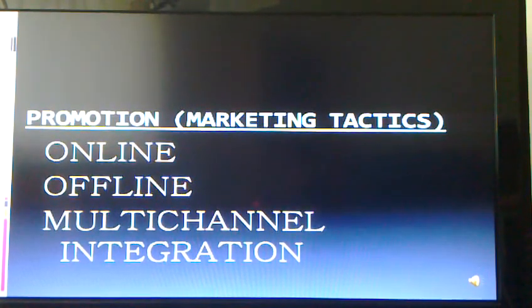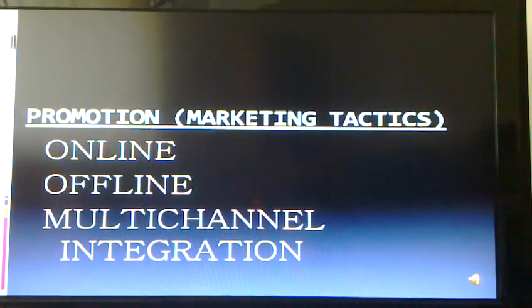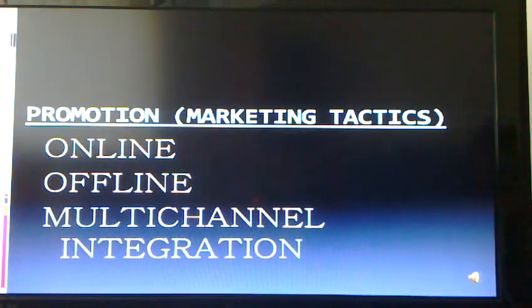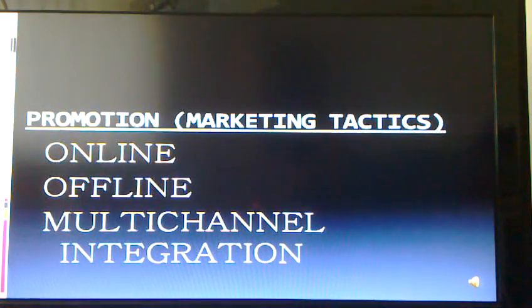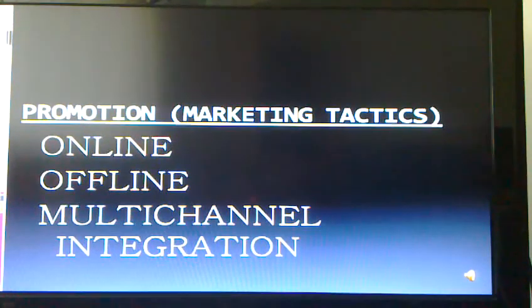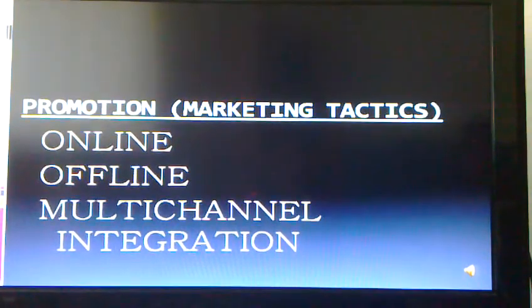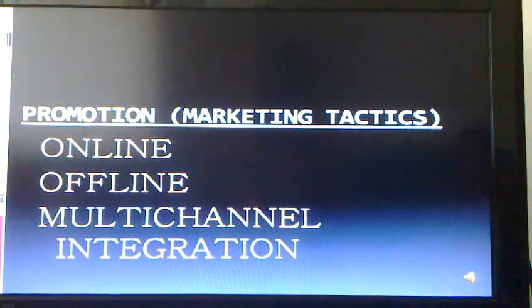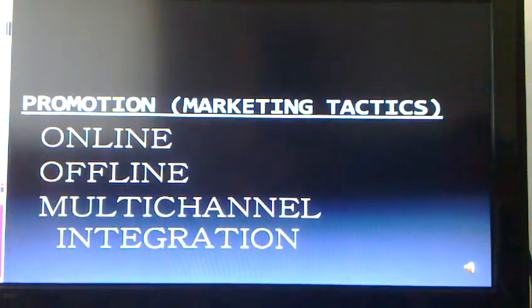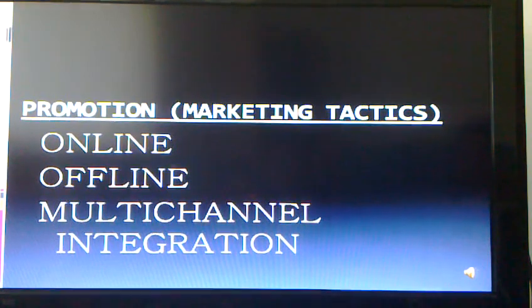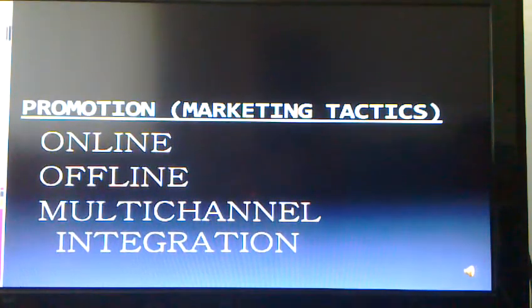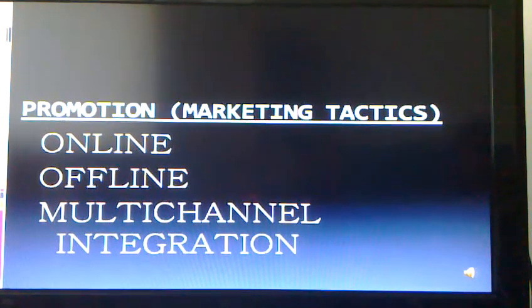When we talk about offline promotions, there are certain things which can play an important role, which may include the presence of the company's web address on its products, packaging, direct marketing, recommendations to visit the website in offline advertising campaigns, and sponsoring special events related to photography.